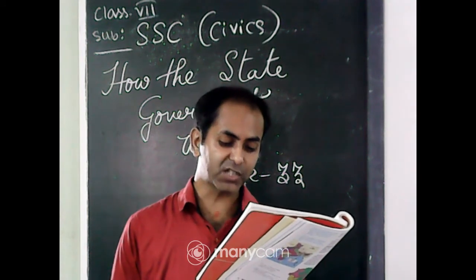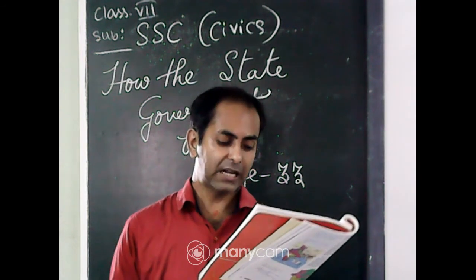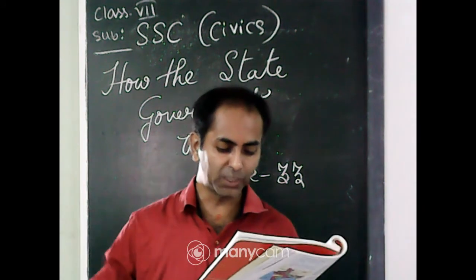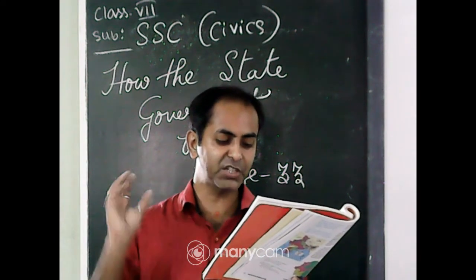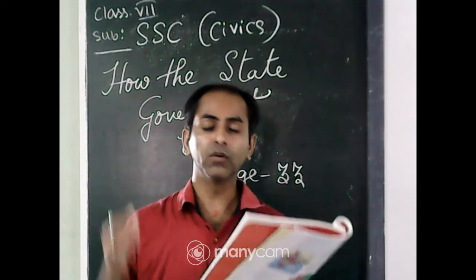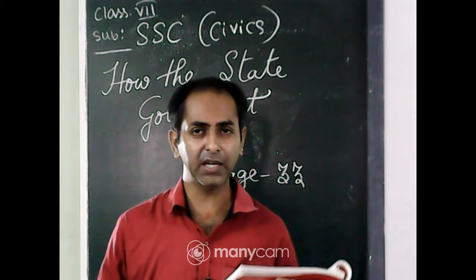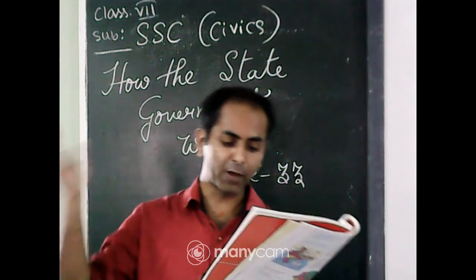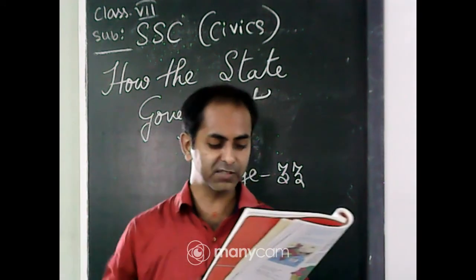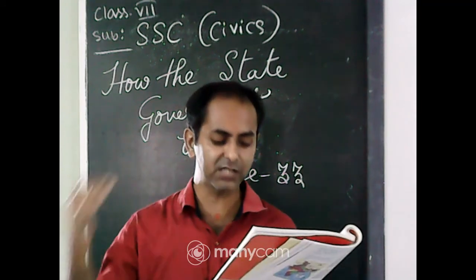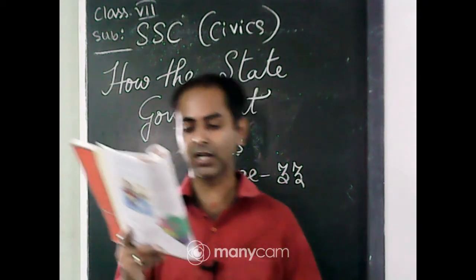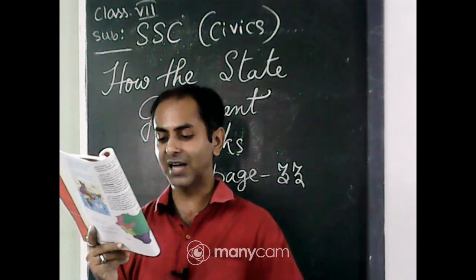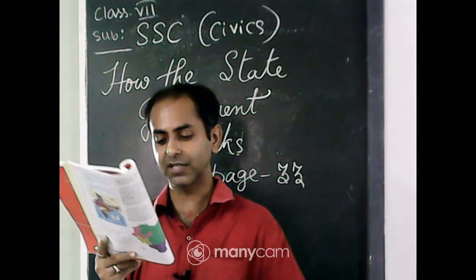They have separate offices. A legislative assembly is a place where all the MLAs, whether from the ruling party or from the opposition, meet to discuss various things. So, how can you define legislative assembly? A legislative assembly is a place where the MLAs, both from the ruling party and from the opposition party, meet to discuss various things. This line also you underline.